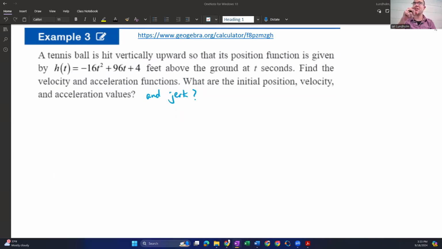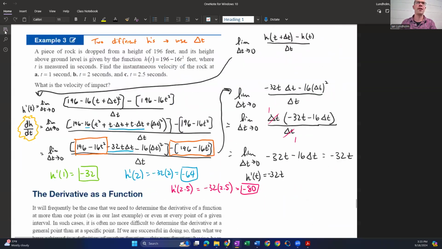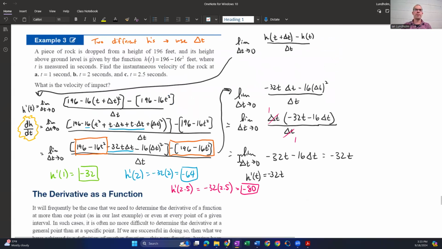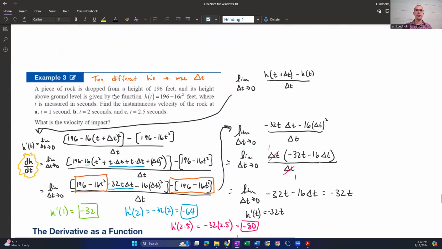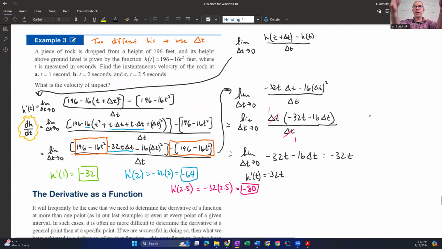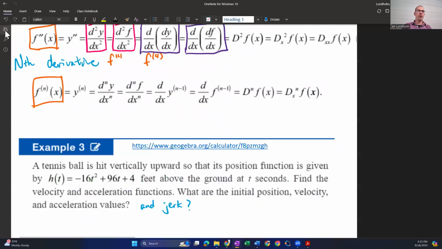So even though the text uses the limit definition on this one, we've already done the limit definition on quadratics so much. Oh, wait. No, this is exactly where I wanted to be. This is coming from a couple sessions ago. This is section 2.6. Okay, yeah, 2.6. Here we use the limit definition on a quadratic, and we did all that good stuff. So I don't feel like we need to do limit definition on a quadratic again. What we're going to do is